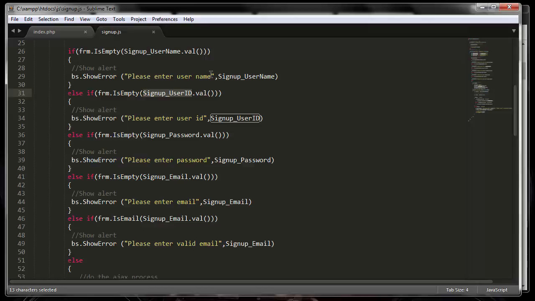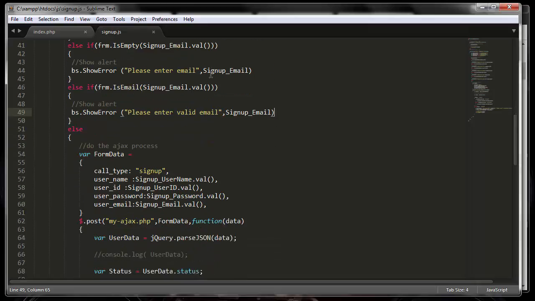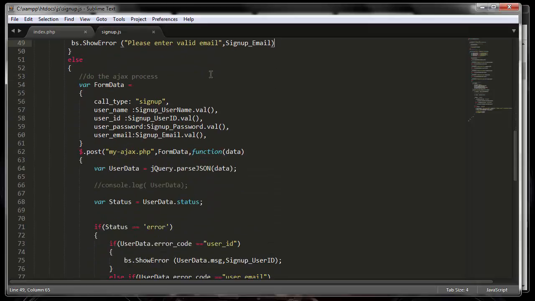If the password is empty, enter the password. If the email is empty, enter the email. And then if the email ID is not in the format that an email is formatted, it's going to say, hey, invalid email, as you saw earlier. And then after it goes through all the validations, then it comes down here and it says,